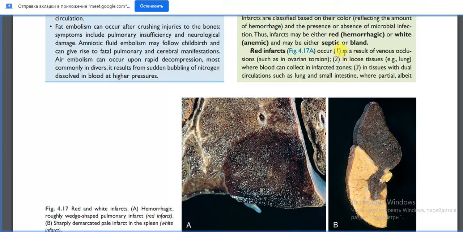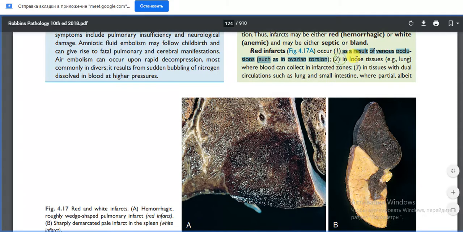You see it shown here as a result of venous occlusion, for example in ovarian torsion. In ovarian torsion, arterial supply is still present, but outflow of blood does not happen, because veins possess less pressure and easily collapse. So blood influx happens, but outflow doesn't. In loose tissues such as lungs, blood can collect in infarcted zones. It is also present in tissues with dual circulation such as lung and small intestine,